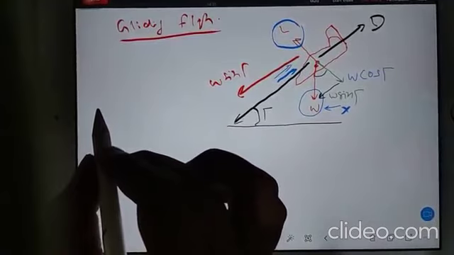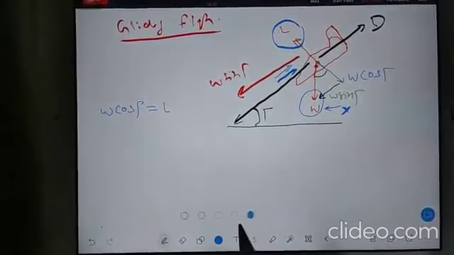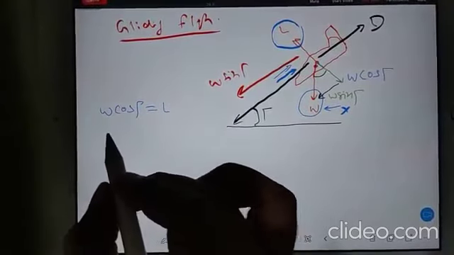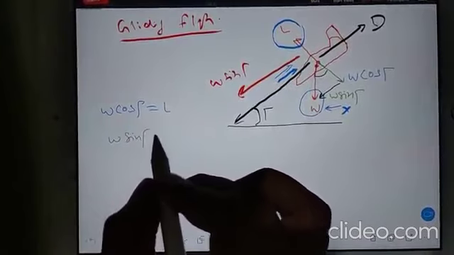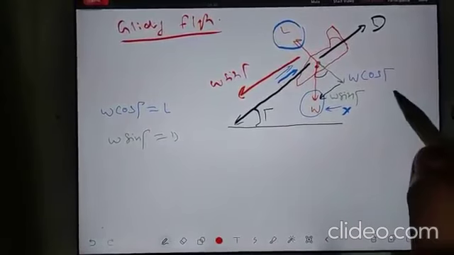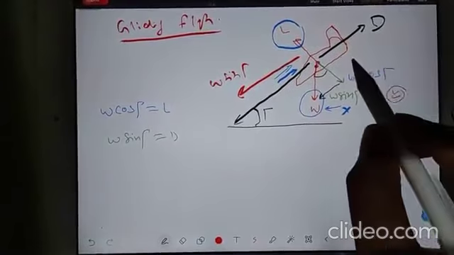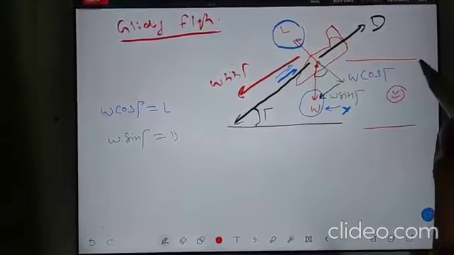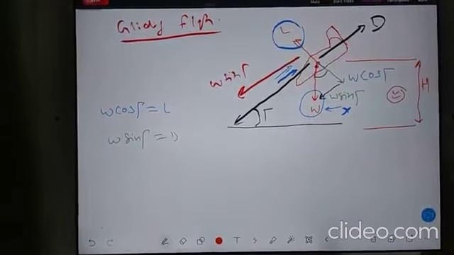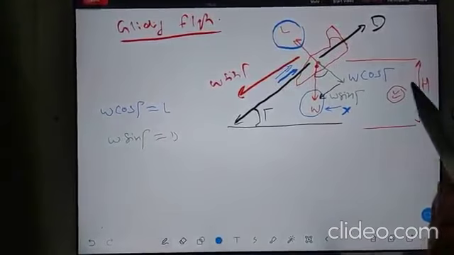You are balancing W cos gamma equal to lift, because only this much portion is balanced by lift, and you are balancing W sin gamma equal to drag. Imagine when you analyze that you are gliding, at that time you had this much altitude, suppose h, and when you are hitting the ground,